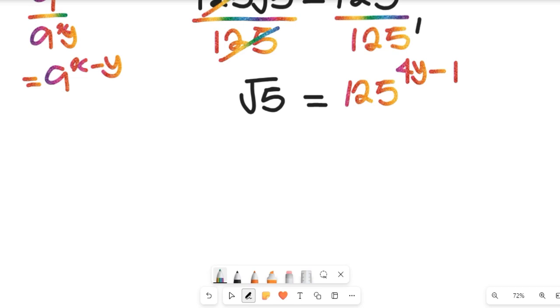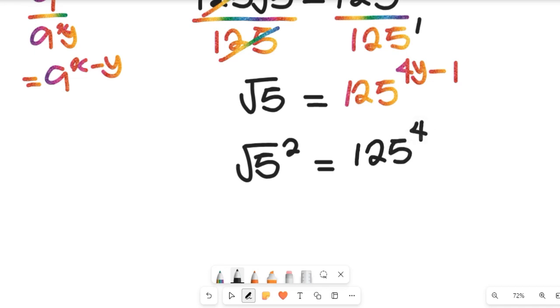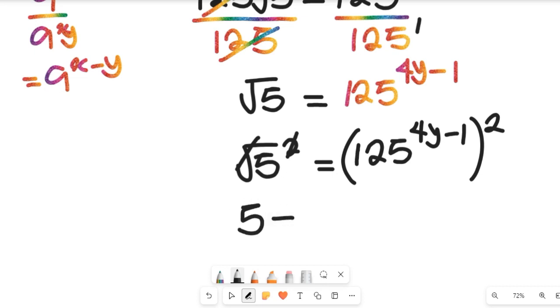So you see that, having done that, we need to simplify further. And to simplify further, we need to kill the square root over here. And to kill this square root, we need to square both sides. So this will give me the square root of 5 squared, equal to 125 to the power of 4y minus 1, all squared. So this will kill this, and then we'll have our 5 to be equal to